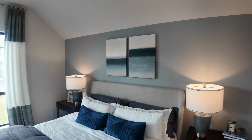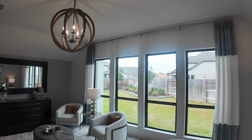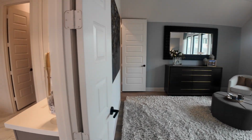I mean, just look at the detail in here. The light fixture is gorgeous. You've got these huge windows that open up to the backyard. Just look how much space is in here. All right, now this bathroom, I gotta tell you, this bathroom was one of my absolute favorites because it is